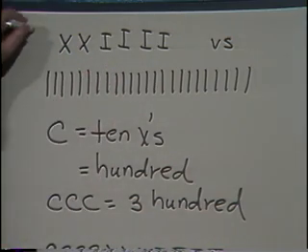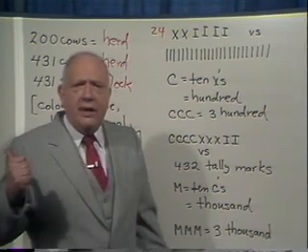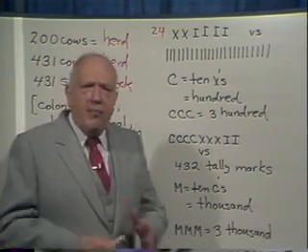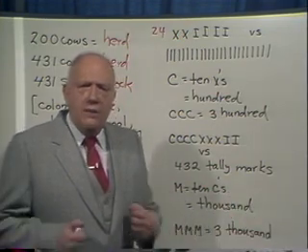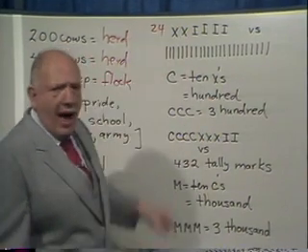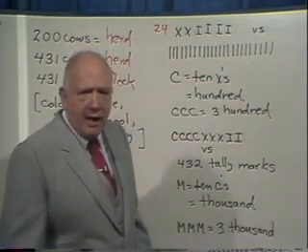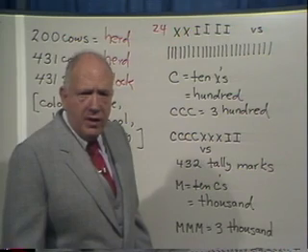That's a lot more complicated than the way we write it, but remember, when you want to see what a society contributed to civilization, you don't judge them by what comes later. You judge them by what was happening before. What improvement did they make? And remember, before these symbols were invented, how would you indicate 24? You would have to write 24 separate tally marks. You see the improvement this way?